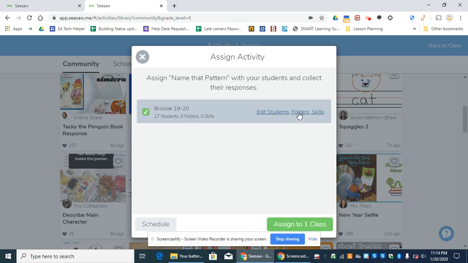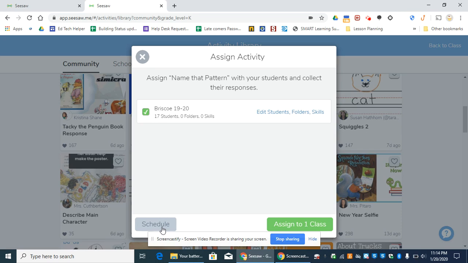I can also create and assign my folders. So if I want to sort the activities that the students do, for example, if I want an ELA folder and a math folder and an SEL folder, I can do that here. I can also assign skills to each activity, most of which correspond to the Common Core standards. So that way later, when I go back to my class feed, I can look for specific activities that address one specific skill. Once I do that, I click Assign,